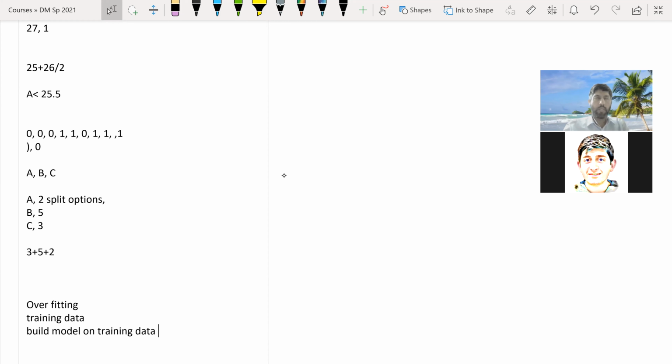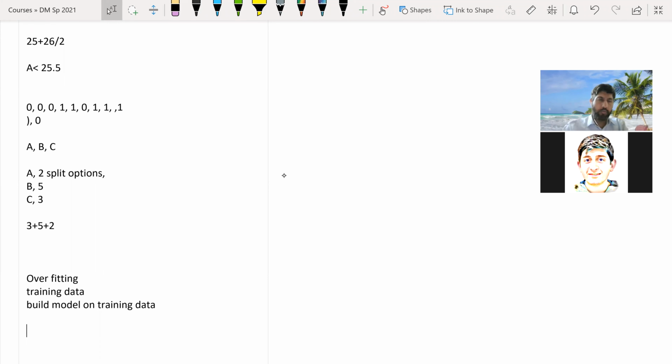So we'll build our model on training data, just like we learned a decision tree using training data. Once you have built that model, you will use the model on new examples. These examples are in general unseen, meaning that they are not present in the training data. Of course, if you have examples in the training data, you already know their label. You don't need to make any model and use that model to make the prediction. You already have the label. So that's why we call that unseen.